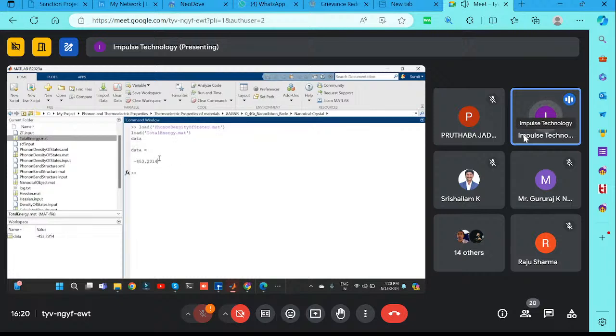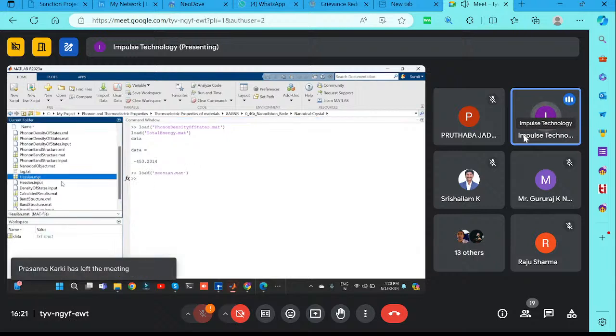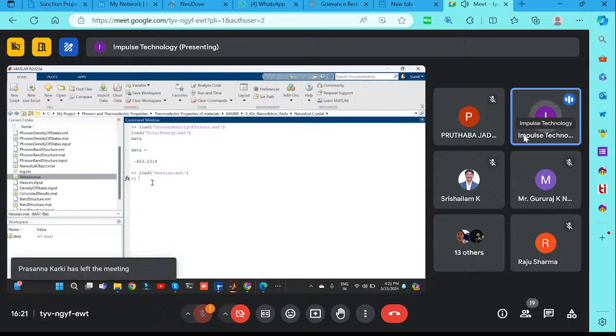See, your data of your total energy is shown here. This is data, this minus 453.2314 millivolt energy is there. And if you wanted to see the Hessian data, you can simply click load the